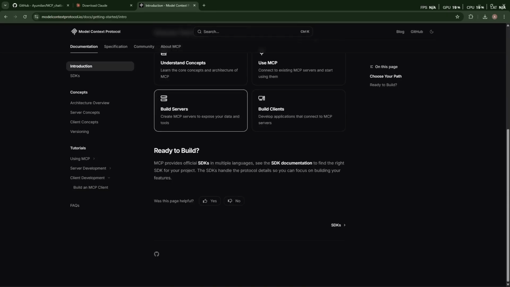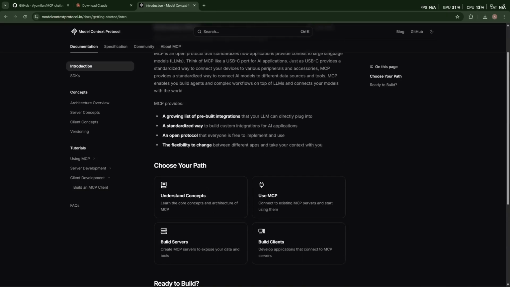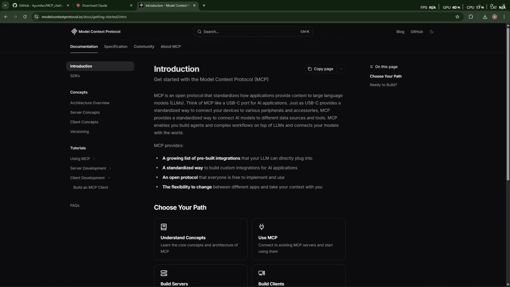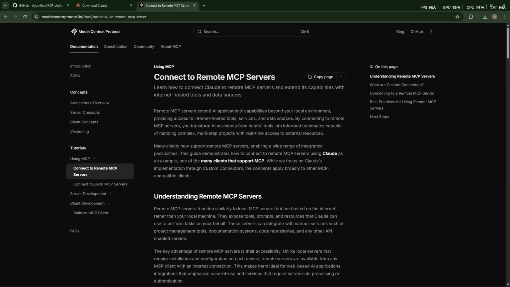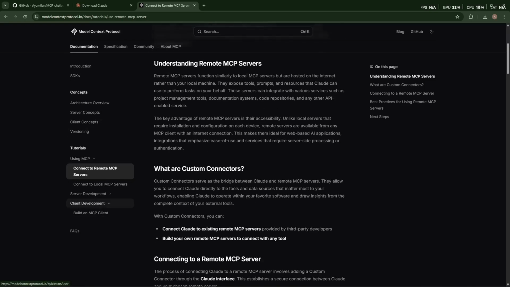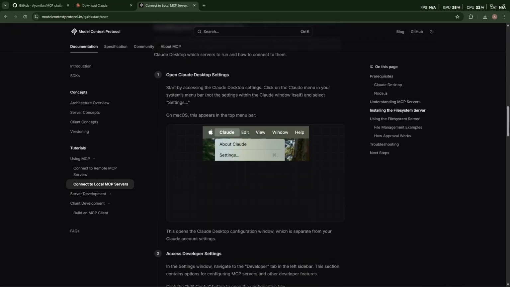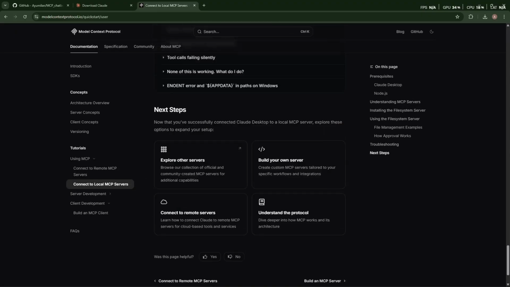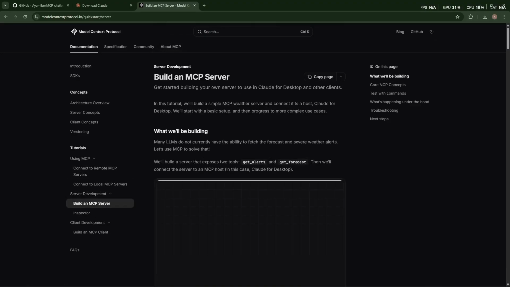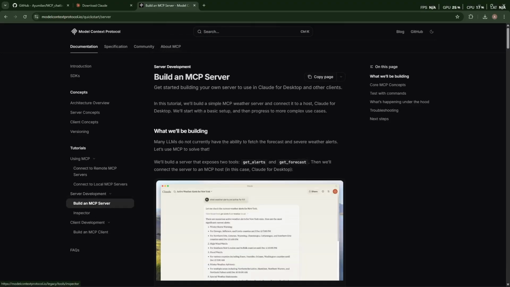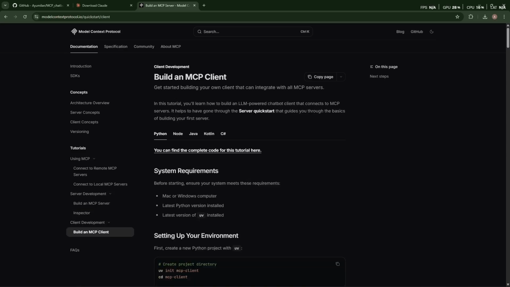Let me just check what all clients it has, and we can connect to those. So it has a lot of things. You can just check out their documentation page, and then you can build with your own